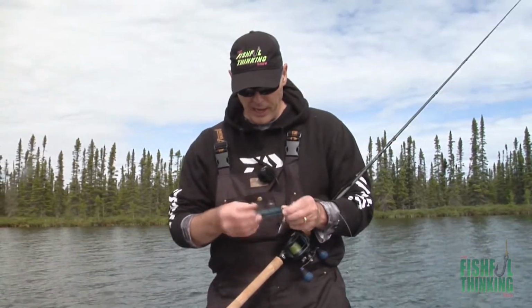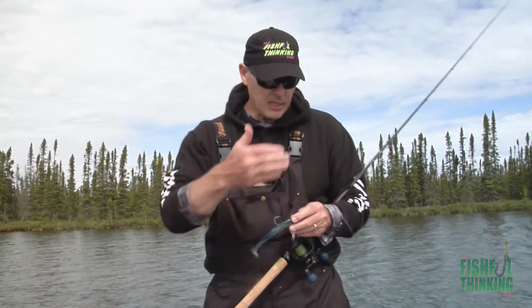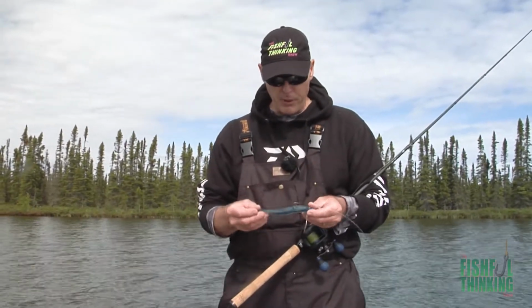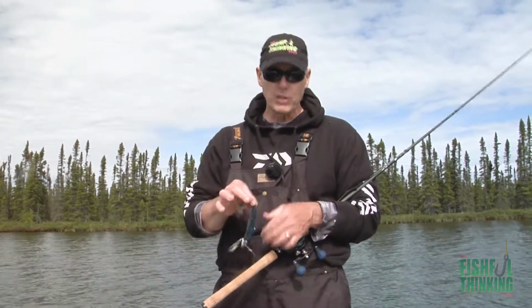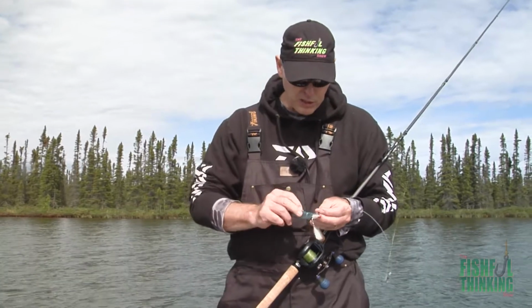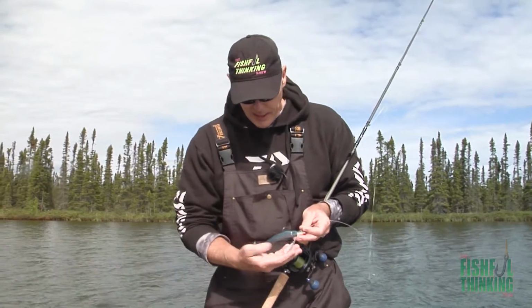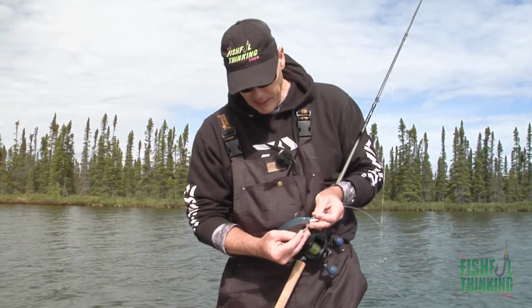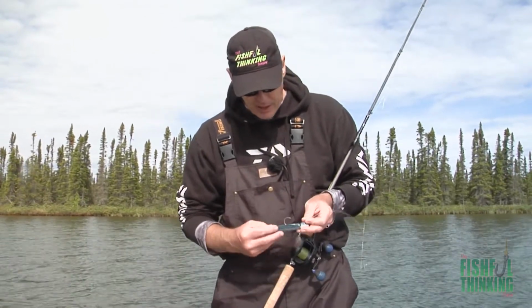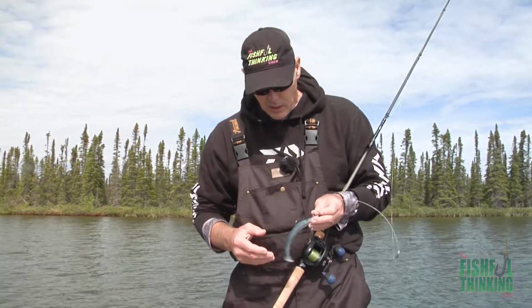Set the hook nailer shads. Like I said, I've got white ones, I've got brown ones. I just brought a few different colors because white's always been productive up here, but I thought, geez, is the blue color of the set the hook scented matches this blue head of this Mustad underspin, and that's why it's called the underspin. You got that little blade down there, and it just adds that extra little flash and flicker, and I don't know if it's